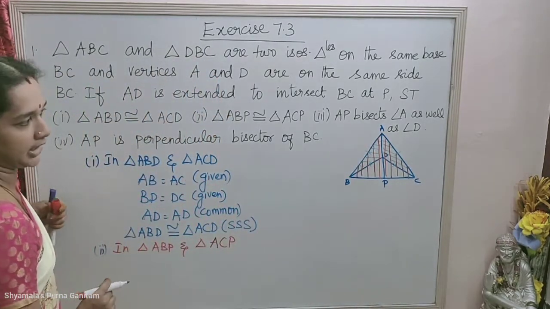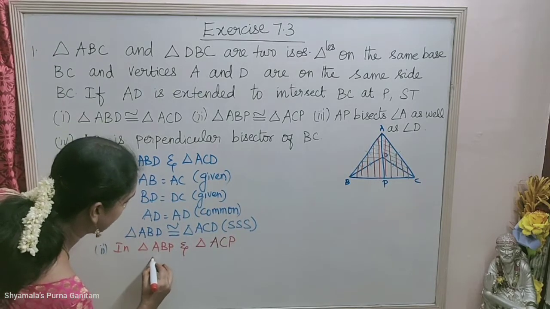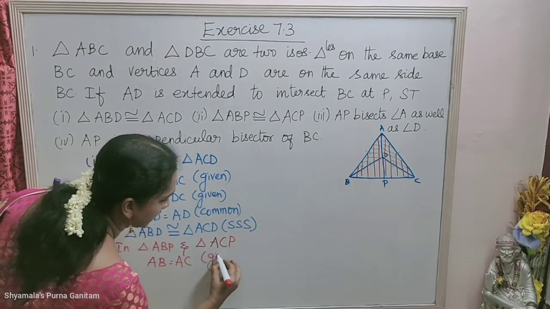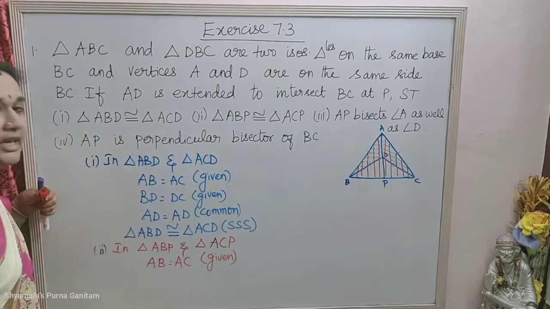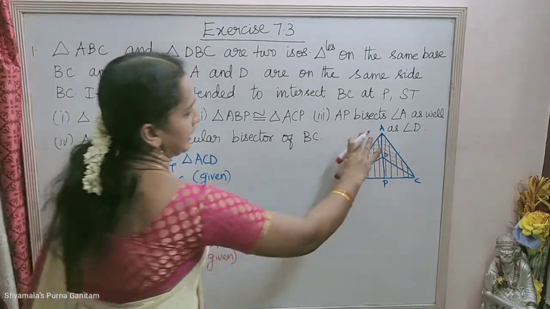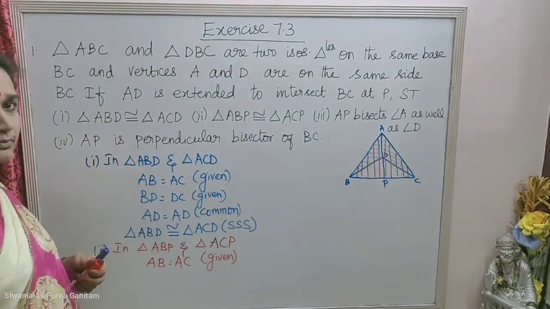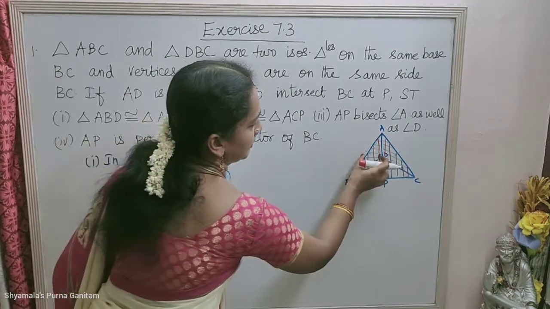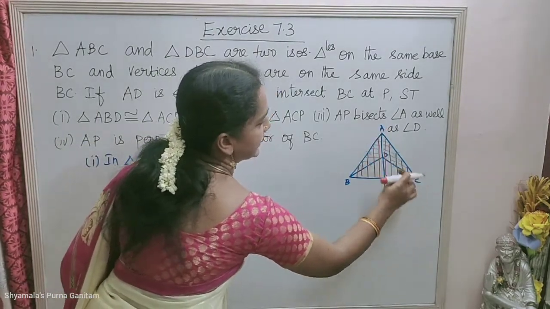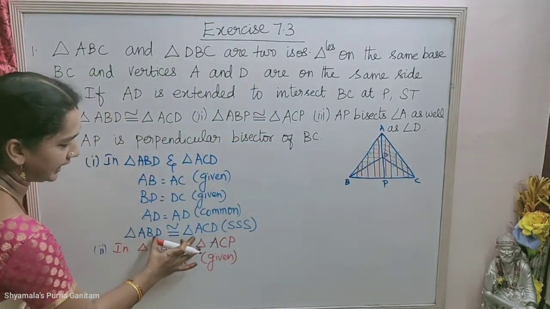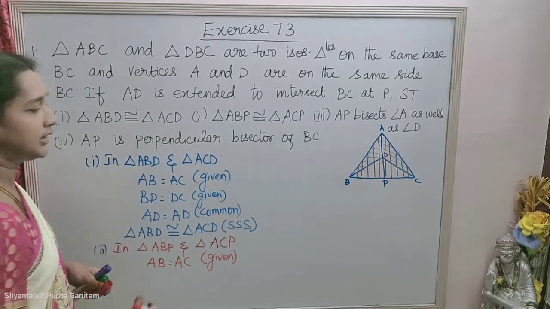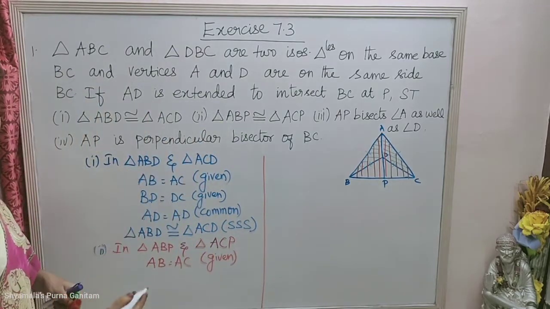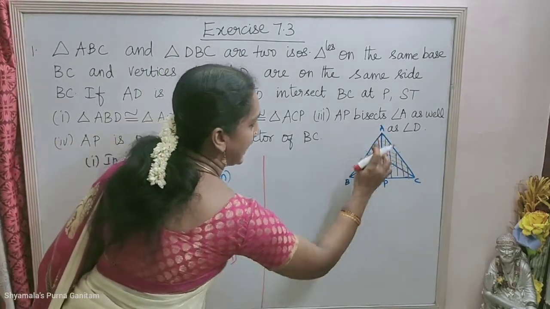In these two triangles, we know that AB is equal to AC, since it is an isosceles triangle, as given in the question. Then next, we have already proved that ABD and ACD are congruent. So by the previous result, we can say that